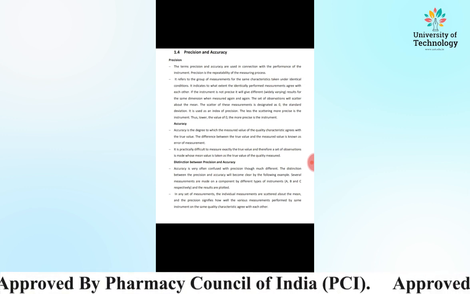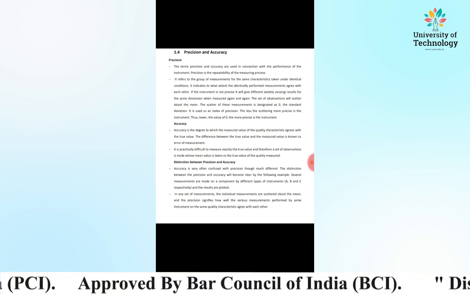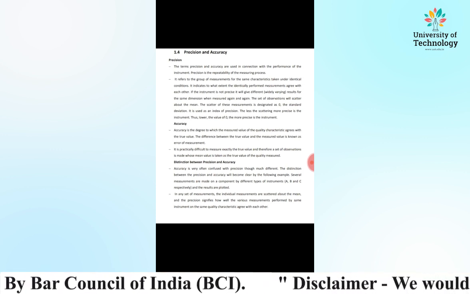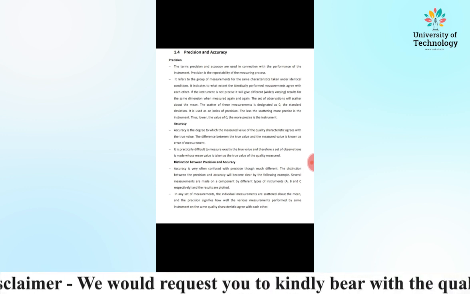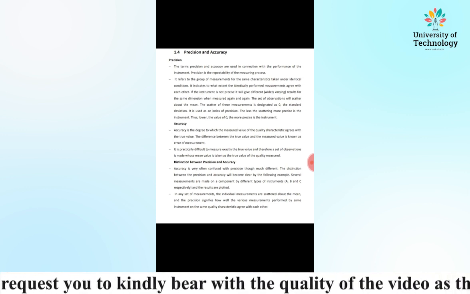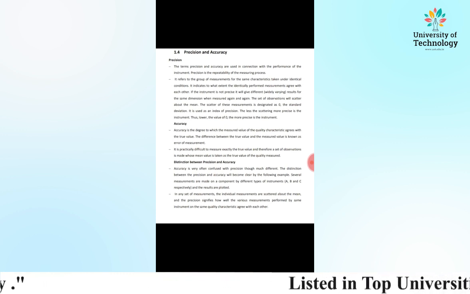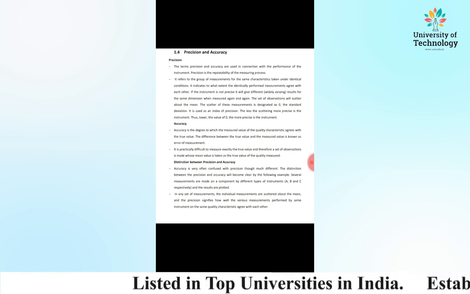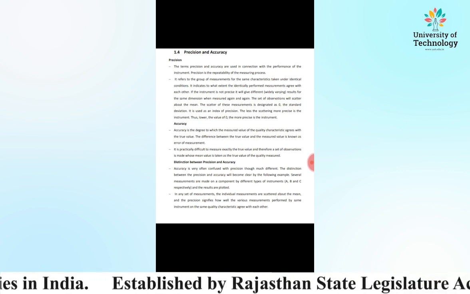The scatter of these measurements is designated as sigma, that is, the calibration of the instrument for the standard deviation. It is used as an index of precision. The less the scattering, the more precise is the instrument. Thus, the lower the value of sigma, the more precise the instrument,